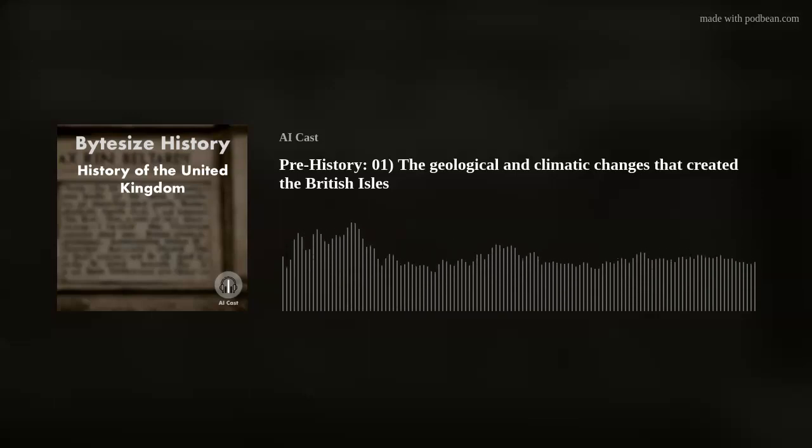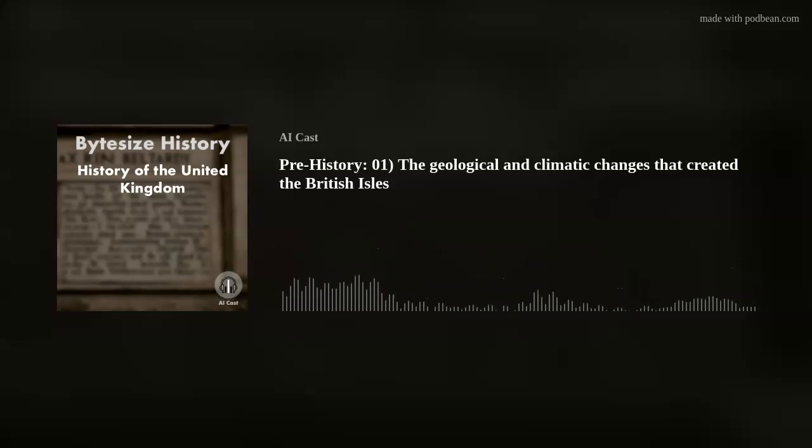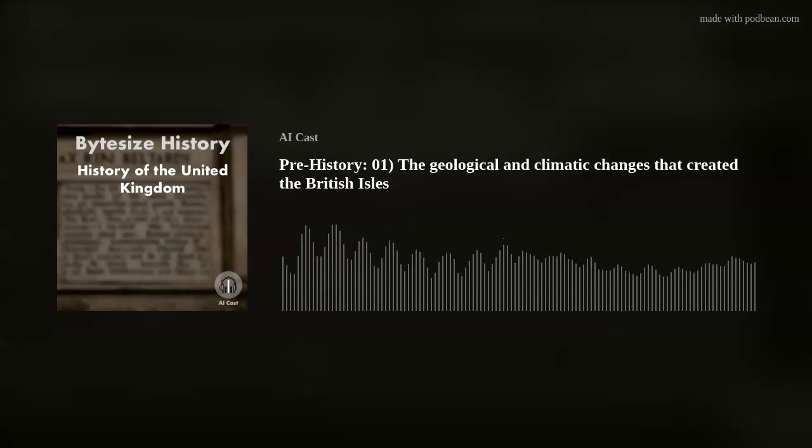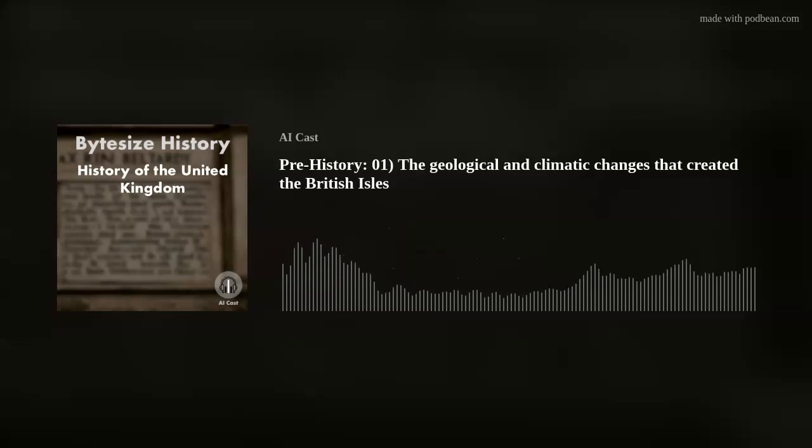The earliest geological era that can be identified in the British Isles is the Precambrian era, which began around 4.6 billion years ago and ended about 541 million years ago. During this time, the British Isles were part of a vast supercontinent called Rodinia. The landscape was relatively featureless and flat, and there were no fossils left behind from this time. The rocks from this era can be found in the northwest of Scotland, in the Hebrides, and on the west